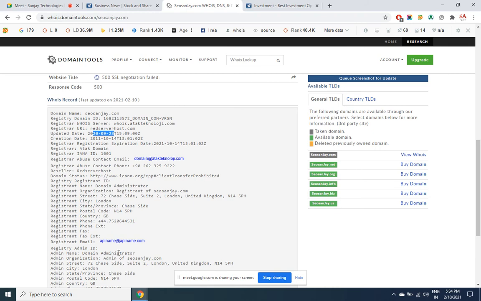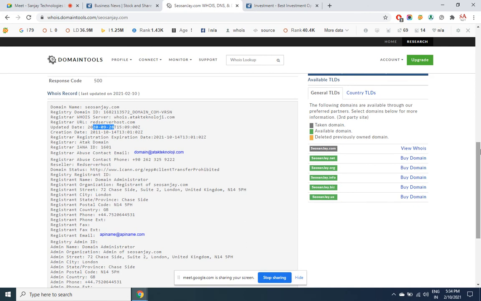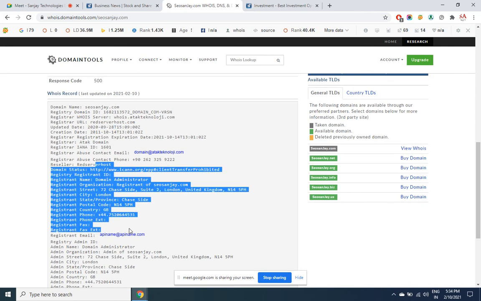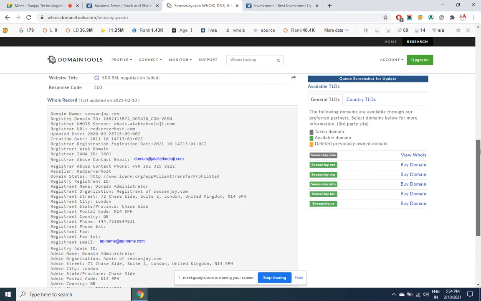Whatever contact details you have given while registering your domain name will be shown up here. A lot of people have the habit of skipping it. Even I have skipped it. That's why the default details of GoDaddy are shown directly. But whoever has registered the website, his registration details will be shown here. So make sure while registering a domain, on the page just before the last one, that is the checkout page, you have an option there to fill in the owner details. Make sure you fill in your own details.